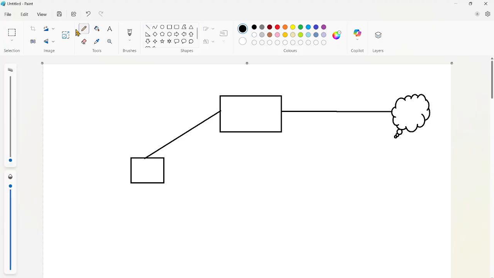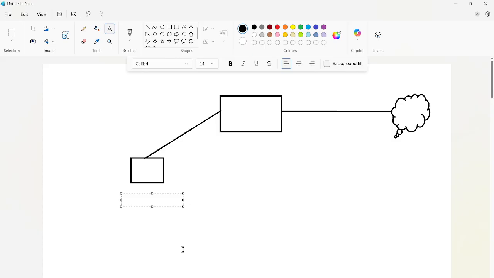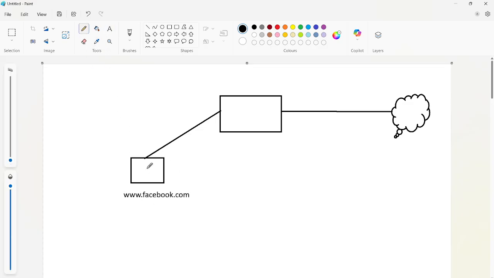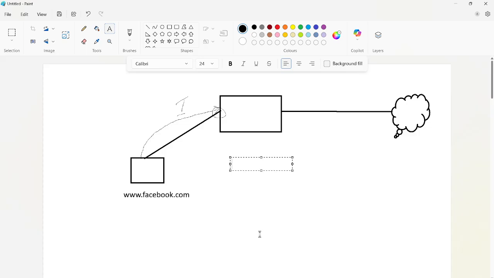Whenever the traffic, let's suppose you are browsing www.facebook.com, your traffic from your Windows machine or Linux machine or whatever client you are using reaches the firewall.